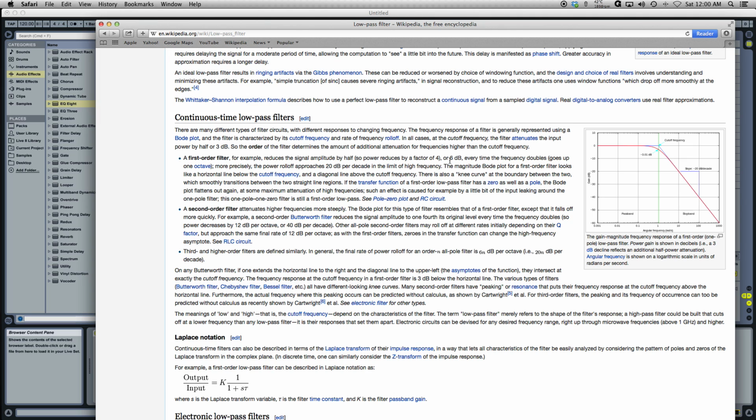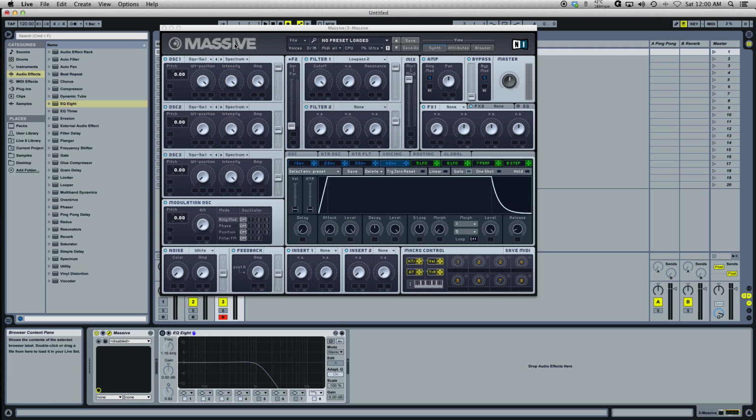In summary, every time the frequency doubles or goes up 1 octave, it's going to be attenuated by 6 dBs. Because right here it says first order filter, for example, reduces the signal amplitude by half. So power reduces by a factor of 4, or 6 dBs every time the frequency doubles, goes up 1 octave. So, in layman's terms, every time the frequency basically goes up 1 octave, or 12